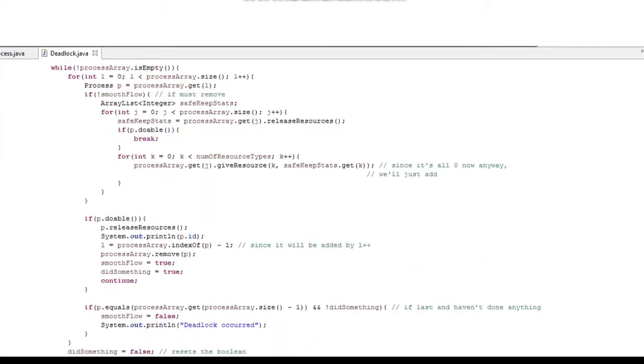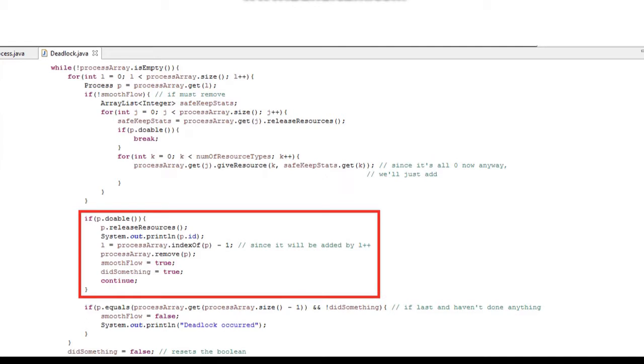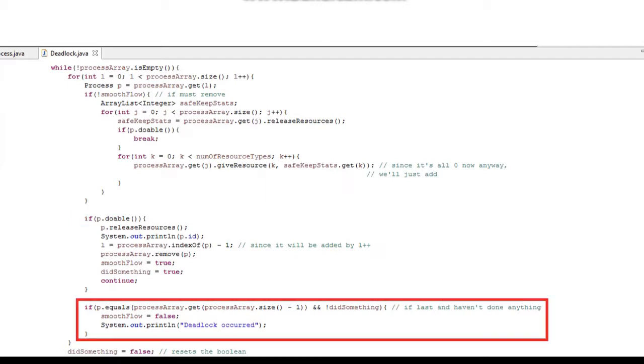In our code, there are three major if segments. The first happens only when deadlocks have to be handled, and processes need their resources released for others to run. The second is the one that does the processes that, according to their doable method, are able to be finished. The third and last one is the deadlock detector that will say when the first if segment has to be done on the next run-through.